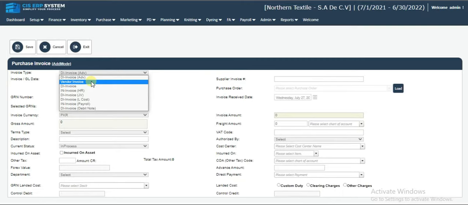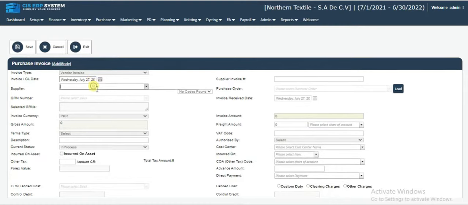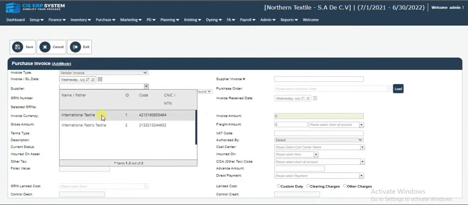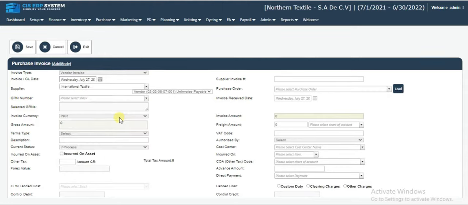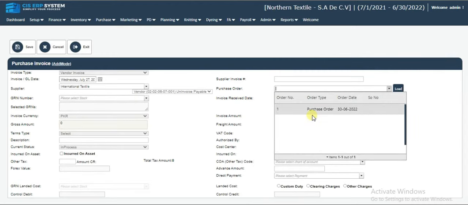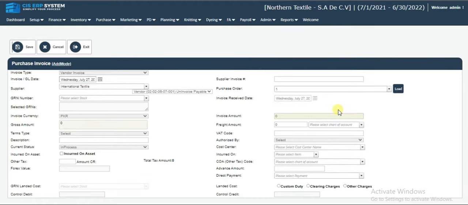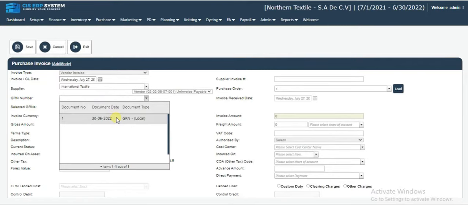then select the document type, invoice type. If you are making a purchase invoice directly, then you have to select DI invoice, and we are making the purchase invoice for a supplier, so we have to select vendor invoice document type, then select the supplier, International Textile, then select the purchase order which we have recently created, and then the GRN number. Previously we have created the GRN, select,